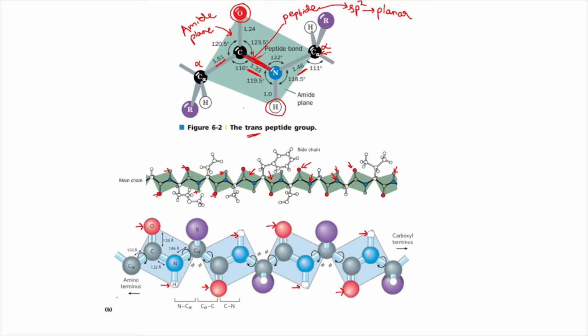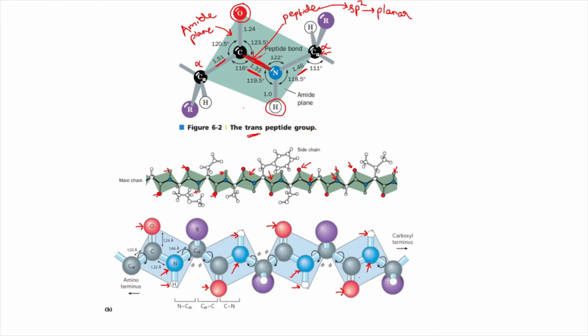And this blue atom that is shown is actually the nitrogen of the peptide bond, which is always resting on the amide plane. So it will not move, it always sticks to the amide plane. These blue colored atoms present on the plane are the nitrogen atoms.